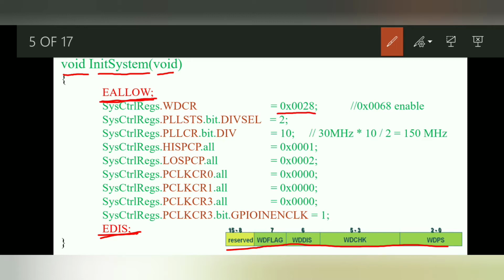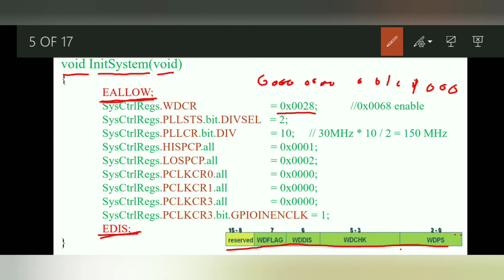How do we use it? Just make it in binary form. So it will be 00000000 and 0010 1000. Like this you can initialize, and you can check that the watchdog disable bit is 0. By using this you can enable or disable the watchdog timer. So right now I have disabled it, I'm not using the watchdog counter, I'm not providing the security to our program.